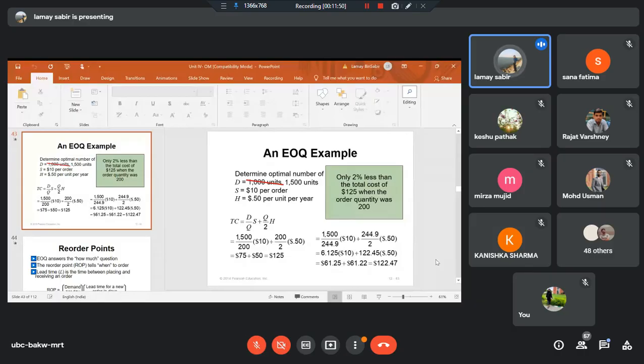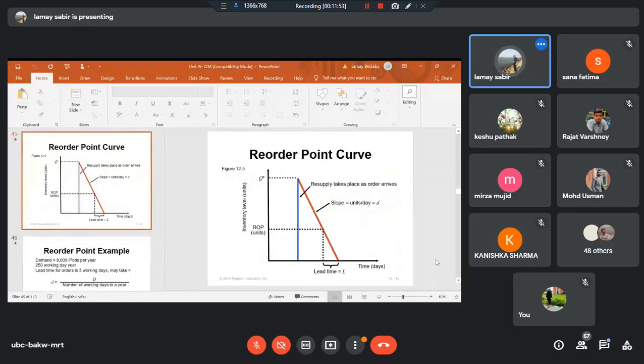Now, I will show you the diagram that will help you to understand it. This diagram is the reorder point curve. This is nothing but a portion of the graph which I discussed with you previously. On x-axis, you have the time period. On y-axis, you have the Q, that is quantity, that is inventory level. Now you see, we started with EOQ, that is Q asterisk, and as the time passes, the inventory gets consumed. And you see the downward curve, it is going down. Right? Now, it goes down till we reach the level of zero inventory.